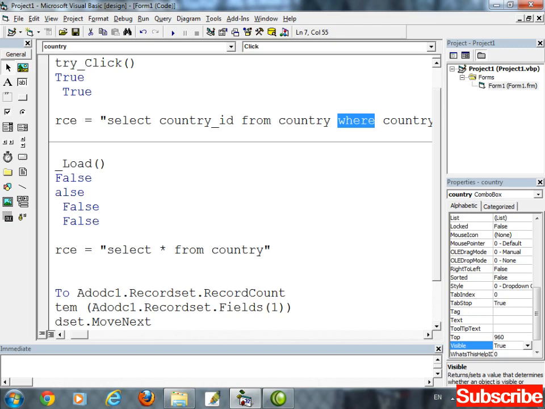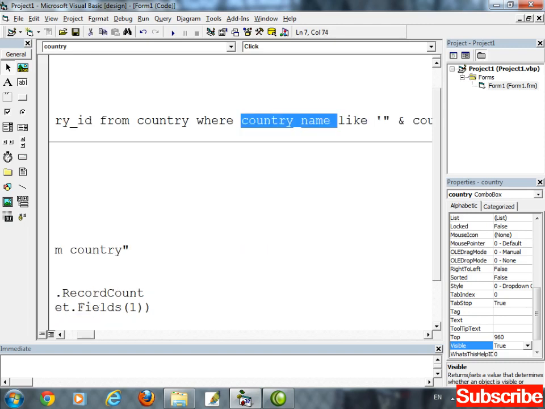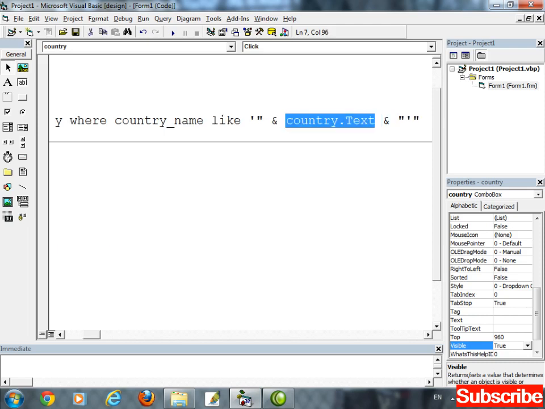Where the country name, the country which is selected in the first combo, matches: just select the text from the first combo and compare it with the database. If both of these texts match, then select the country ID for that one.